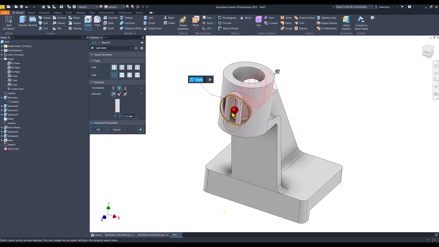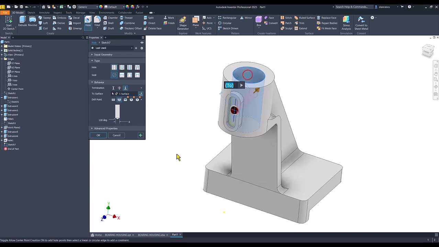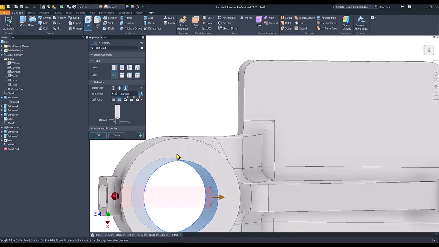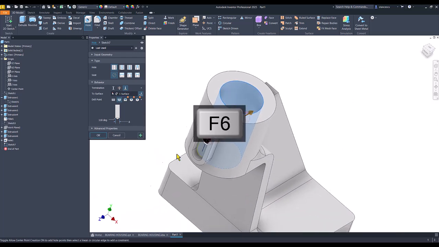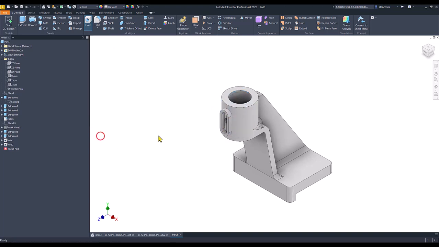This point was selected because it is a cross, and the diameter is 8, and the end is to this internal face, you see. Okay,